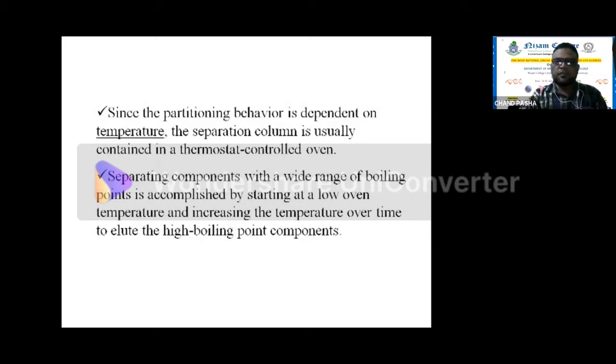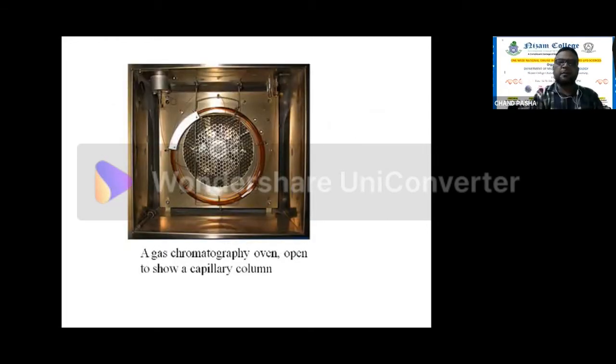If the stationary phase is solid, it is gas-solid chromatography. But there are some cases, even in GC, where we use a liquid as a stationary phase, like some paraffins and olefins which have a high boiling point, overlaying inside the column. So what happens? There will be interaction between the gaseous phase and this liquid phase. So we'll be using liquid-gas chromatography, and this is the oven where the column is installed.